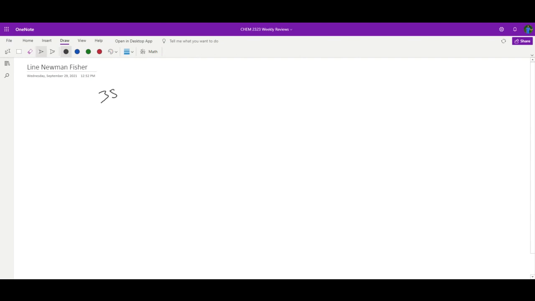It said 3S-bromo-2R-fluoro-pentanoic acid. Okay, so first thing is the parent is pentane, so it's going to be a 5-carbon chain,